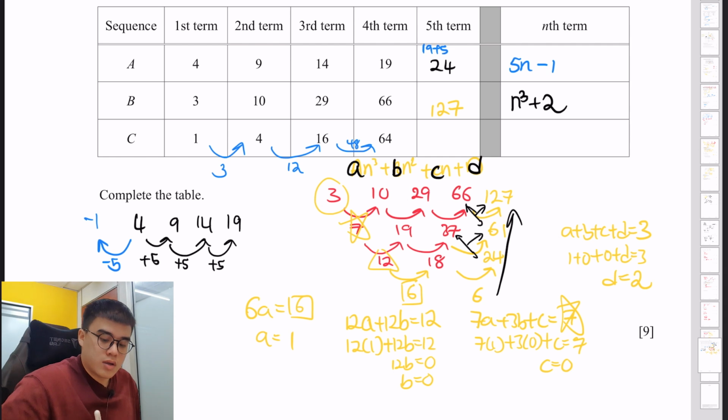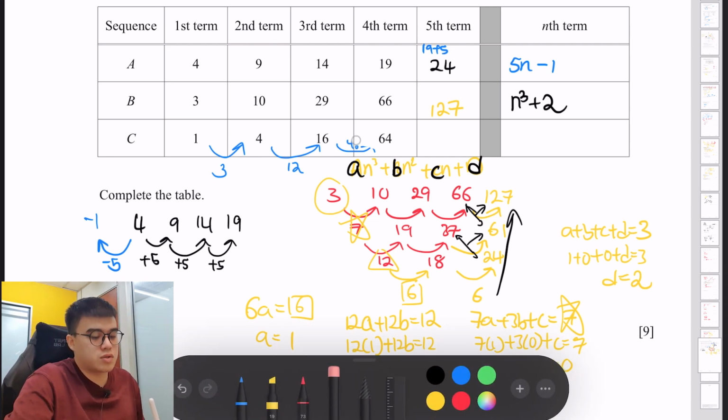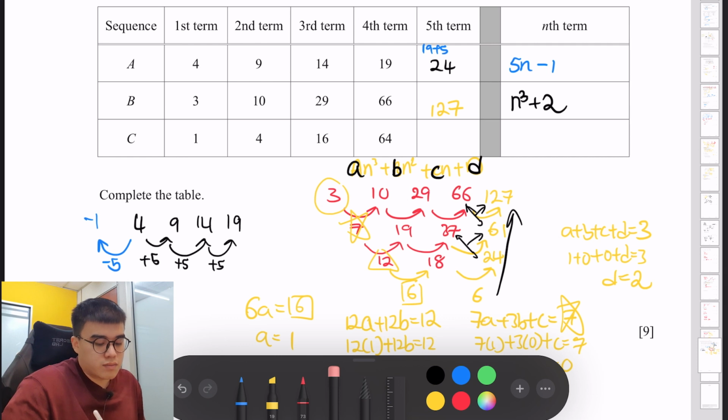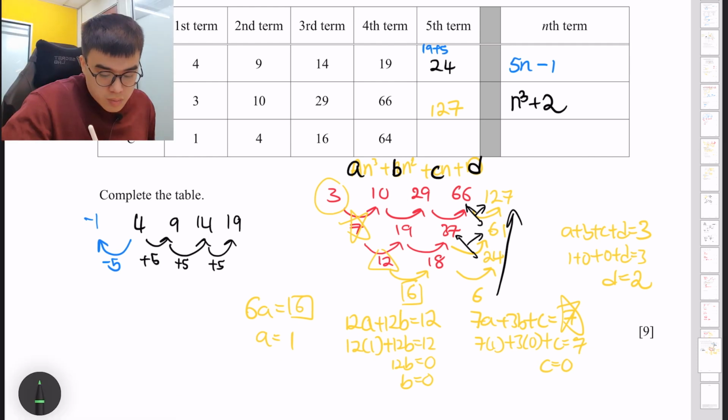Okay, same thing, the difference is so drastic, so obviously it's nothing to do with geometric or arithmetic. Then I resort to my last possible option, which is 1, 4,